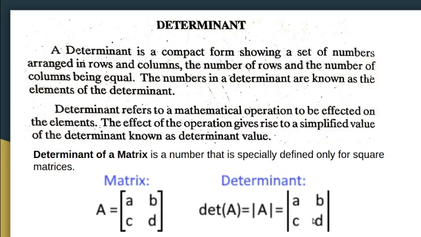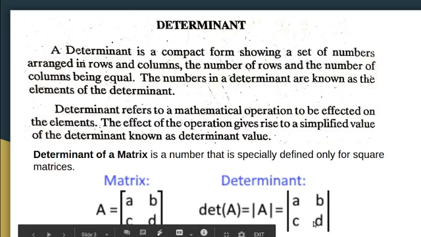Determinant is applicable only for a square matrix. There will be an equal number of rows and columns in a determinant. It is a mathematical operation that is done on the elements of a matrix. Usually a determinant is denoted in this form: Det, the short form for determinant, Det A, the determinant of A, and this is also another form of denoting a determinant. Usually elements are placed between two vertical lines. So this is the representation of the determinant of a matrix.